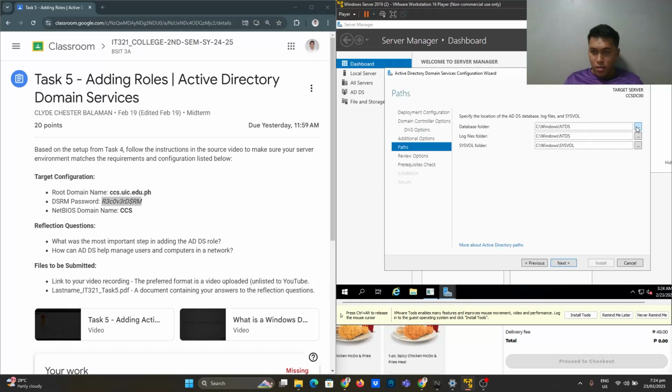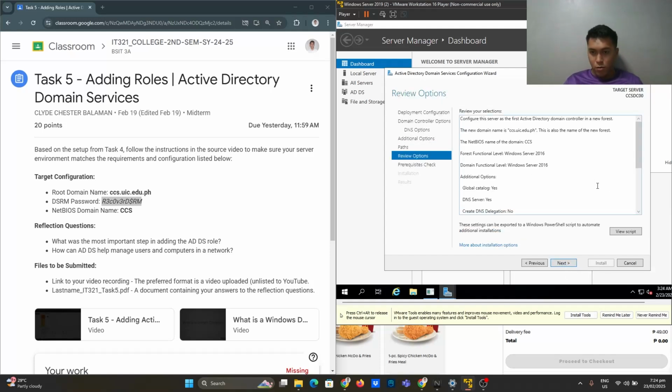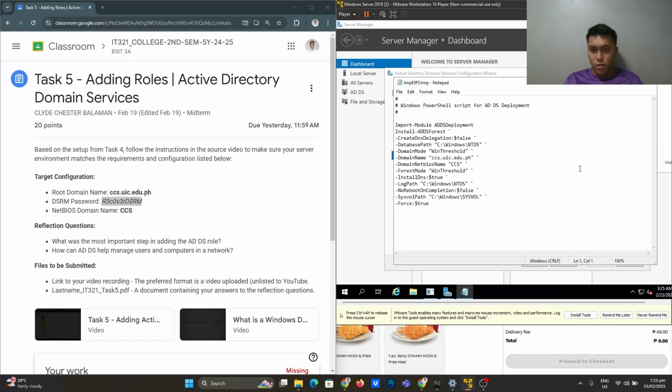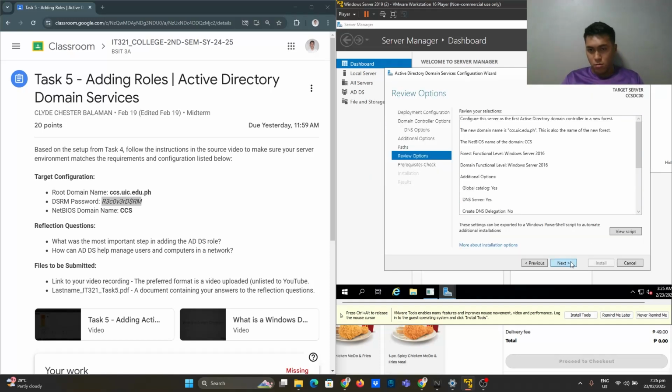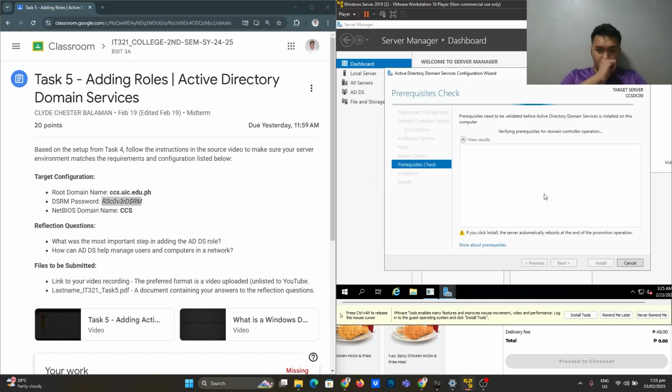If you want to navigate directly to a specific location, you can. You can also copy the settings or save the configuration for future purposes, and copy it to the other server so you can run the script. You could generate a notepad file for the domain name. And you can proceed to the check.